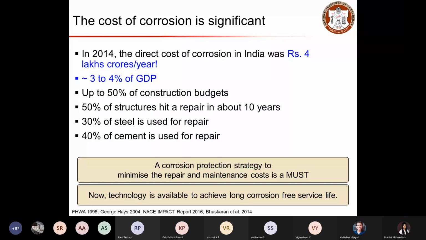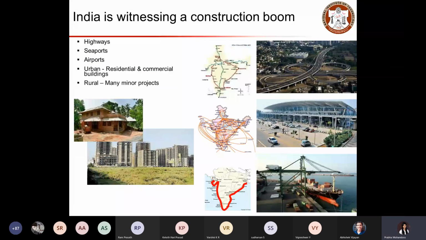Again, this slide sensitizes the importance of corrosion in our nation, because our nation has a long coastline, as indicated here by this red mark. You can see in the bottom image a long coastline. So when we have such long coastlines, we spend a lot of money to construct